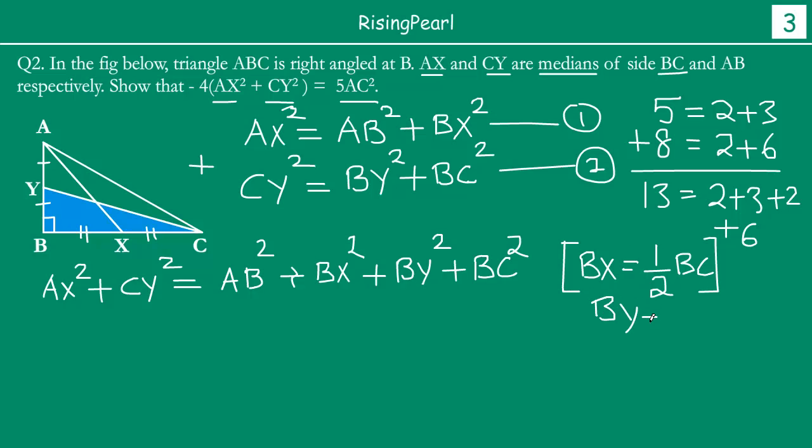BY is half of AB, because X is a median and Y is a median. So in this equation over here we have AB square